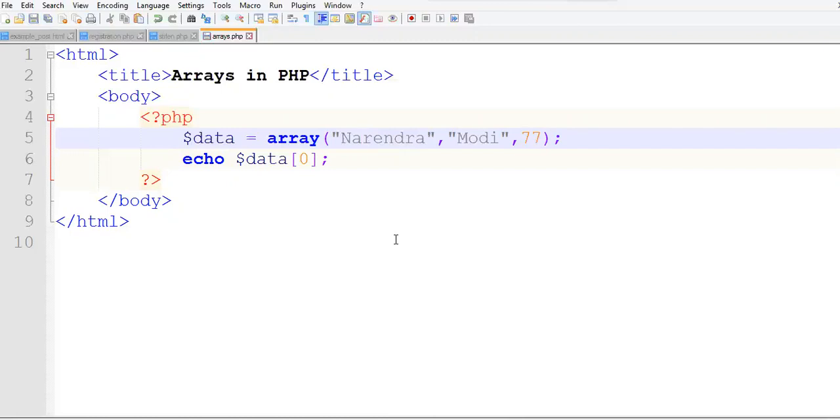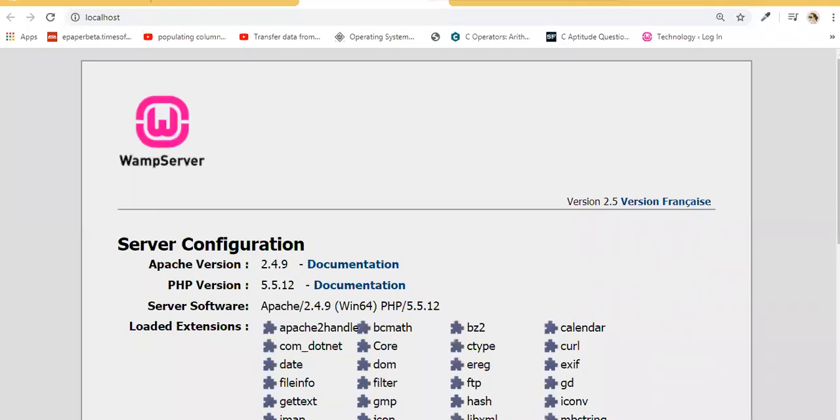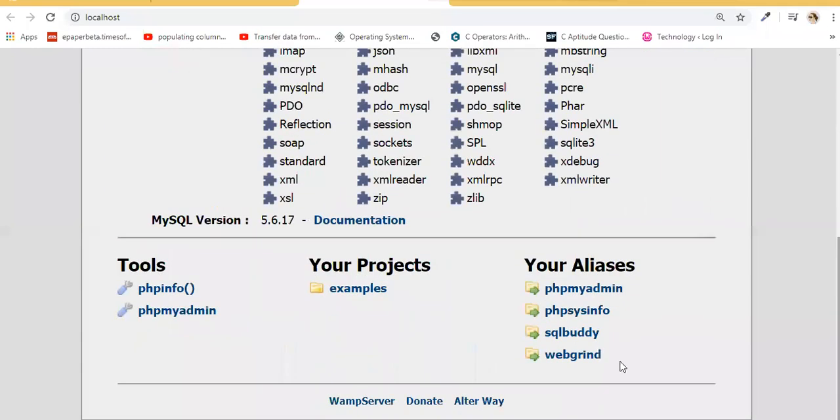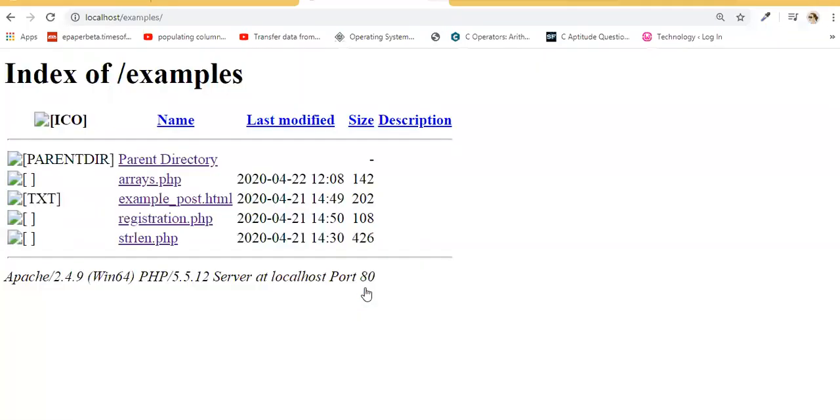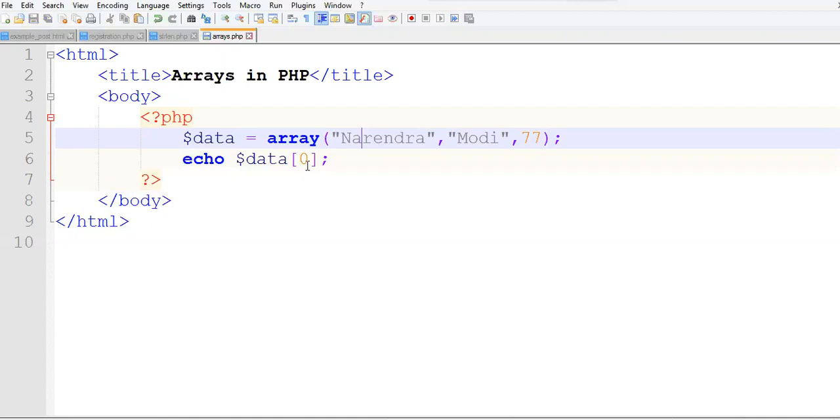So let us save this. Let us go to the localhost. Here you can see the value Narendra is getting displayed. Let us try to write index 2.